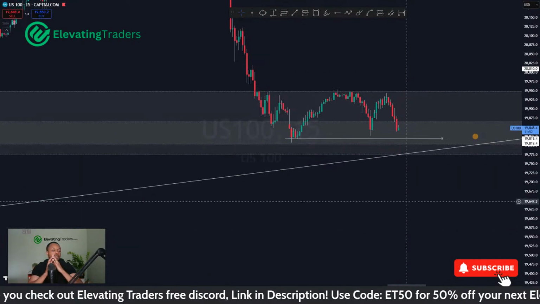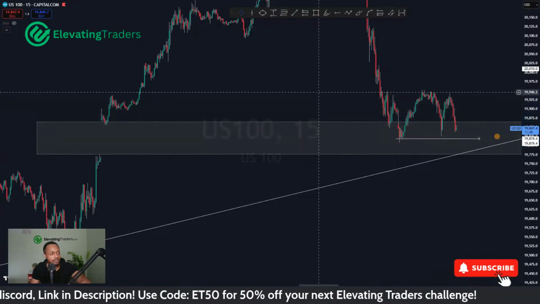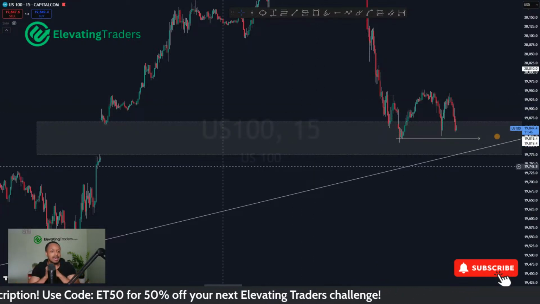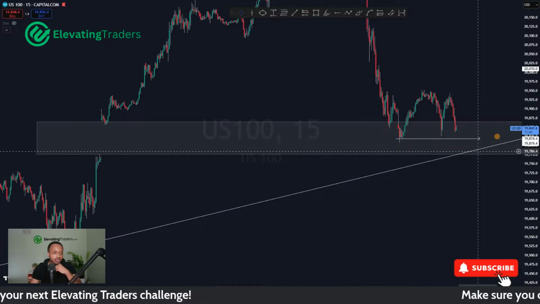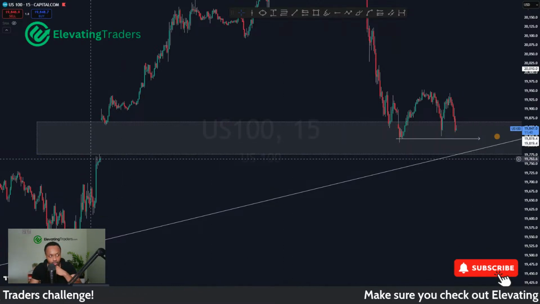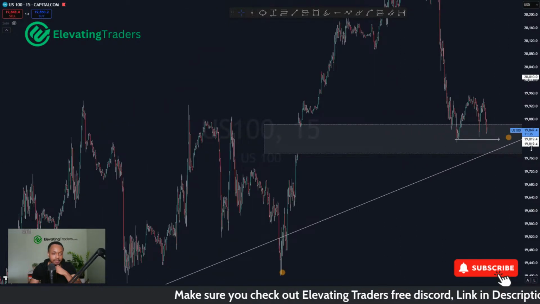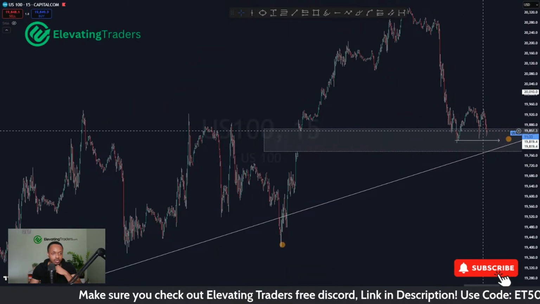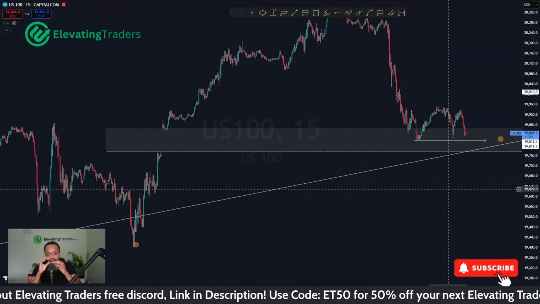Okay, 50-minute chart. Yeah, we did roll over there. Where is the gap? Let me move this out of the way. Okay, so the gap is there. So 19,775, that low there would be really nice, because not only do we have the low of the gap, not only do we have the trend line, but we also got that support which price can manipulate and then push up as well. So I actually really like that area of confluence.